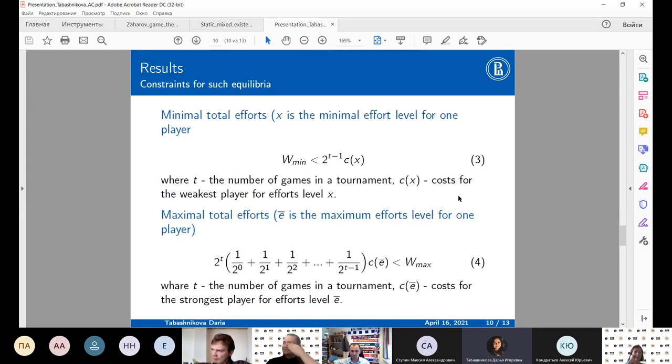For example, if the total prize, which we assumed goes to the winner of the tournament, is less than 2^(t-1) multiplied by the cost of the minimal level of effort of the weakest player, then all players in this tournament will